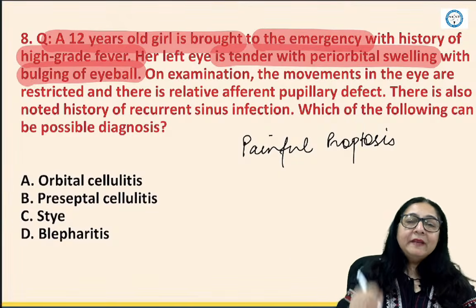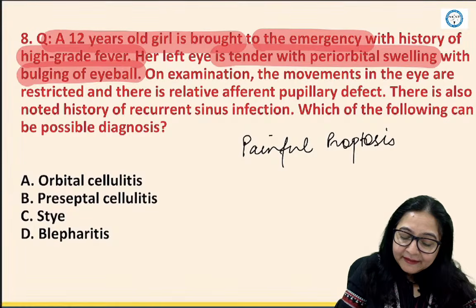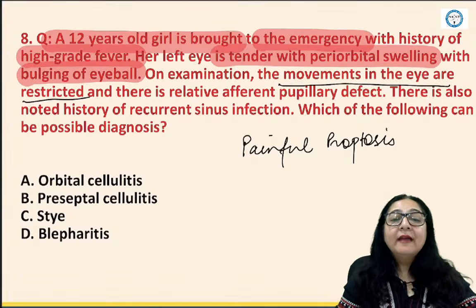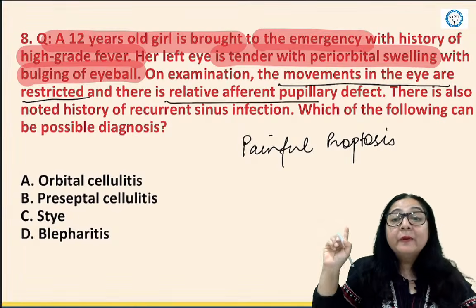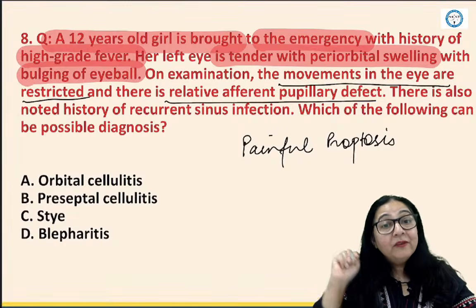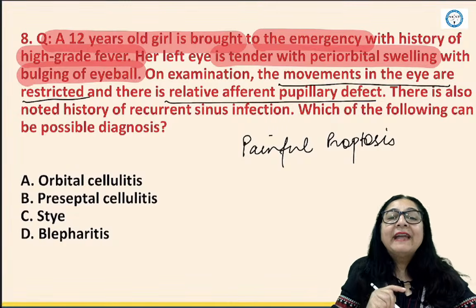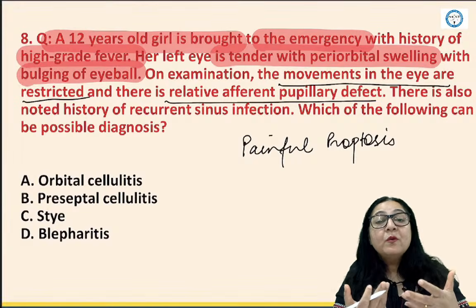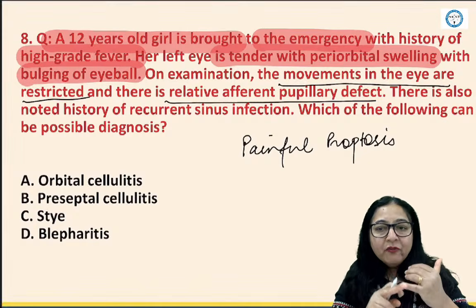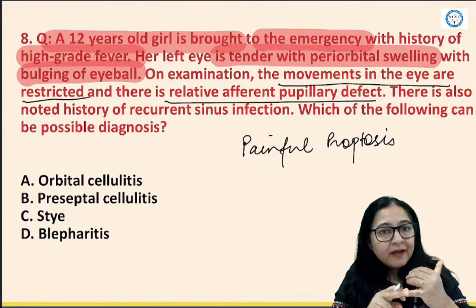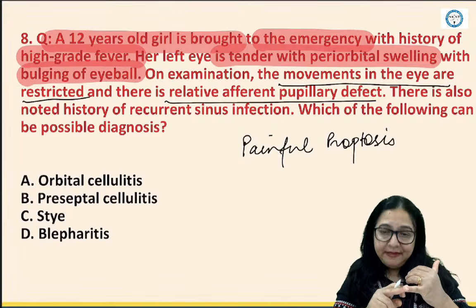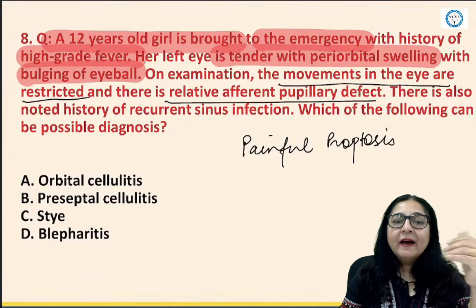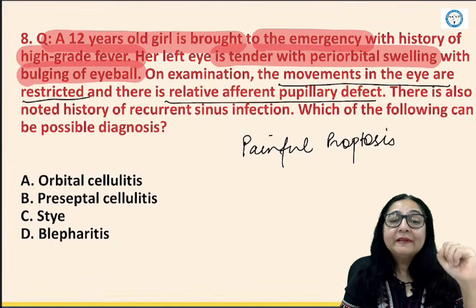ठीक है? Examination पे क्या पता चल रहा है? Movements in the eye, they are restricted. Extraocular movements are restricted, and there is a relative afferent pupillary defect, means there is optic nerve involvement. History of recurrent sinus infection. अब ये एक बार आ गया तो again that gives you a clue to your diagnosis. So painful proptosis, restricted eye movements, RAPD. Okay. So what is the possible diagnosis in these cases? Choices are orbital cellulitis, preseptal cellulitis,